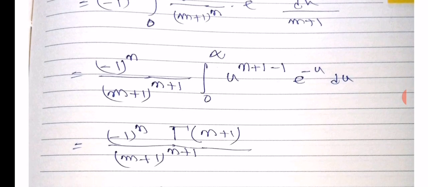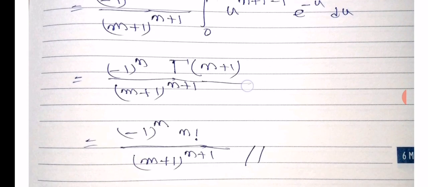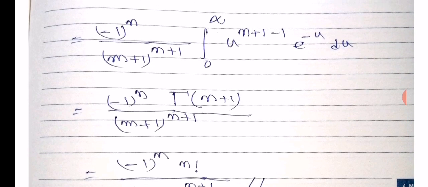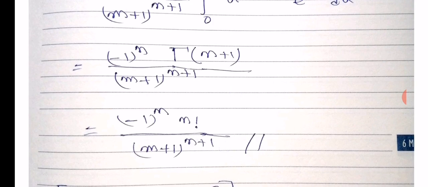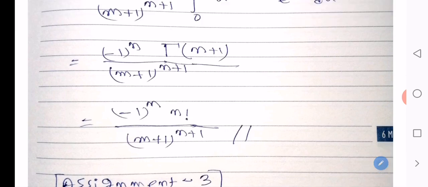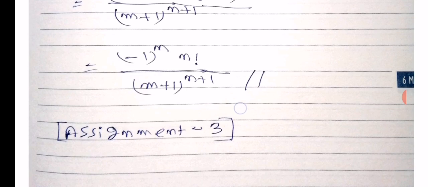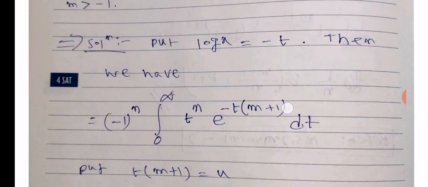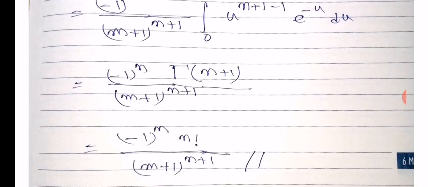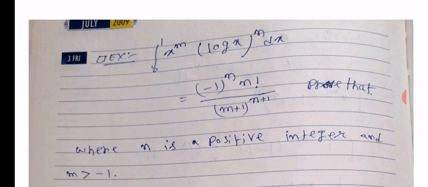So here x is n plus 1, so gamma of n plus 1, and where n is a positive integer, so you will get factorial n. So (minus 1) to the power n factorial by (m plus 1) to the power n plus 1. So this is what you needed to prove. You got your answer. So this solution is in your tutorial sheet